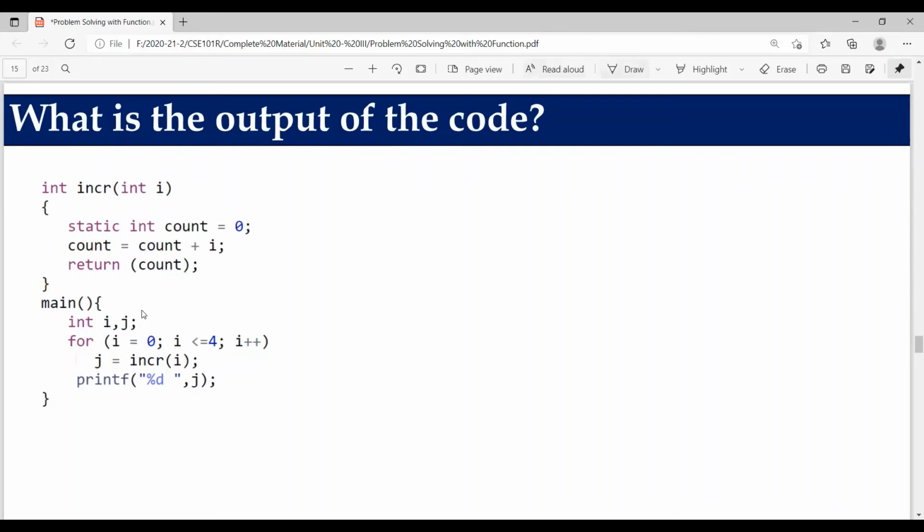Okay, now let's see this. Assuming that we have the header file as well, by mistake I forgot to put the header file. Next, let's start executing from the main method. There are two local variables I and j, and they are not initialized. They belong to main. There is another variable I in the for loop, so inside main we get a separate memory block for I for the for loop.